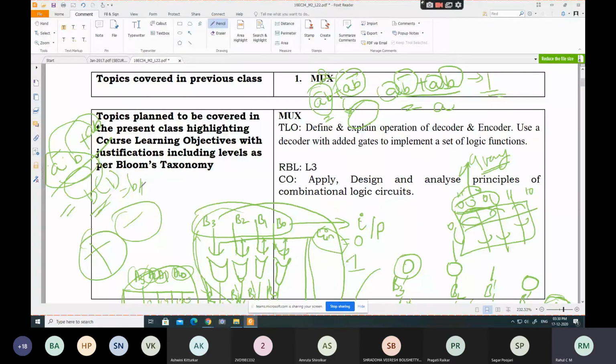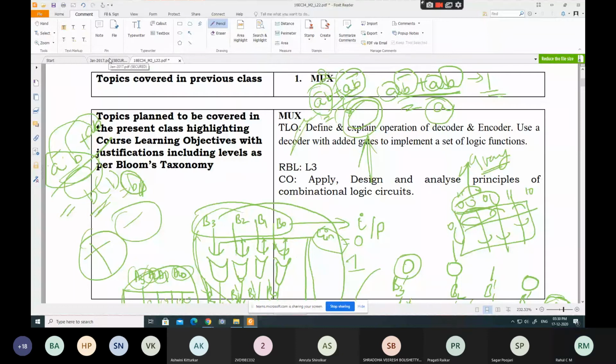I am having only 1 variable instead of 2 variables. Here also I am having 2 variables, and the output is only 1 variable. Here I am having 2 variables, and the output is also 2 variables only, because they are varying by 2 bits. Understanding? That's why adjacent cells are placed together, varying by 1 bit.